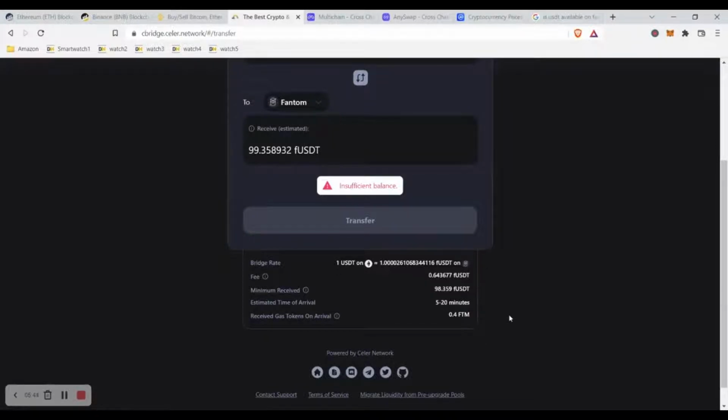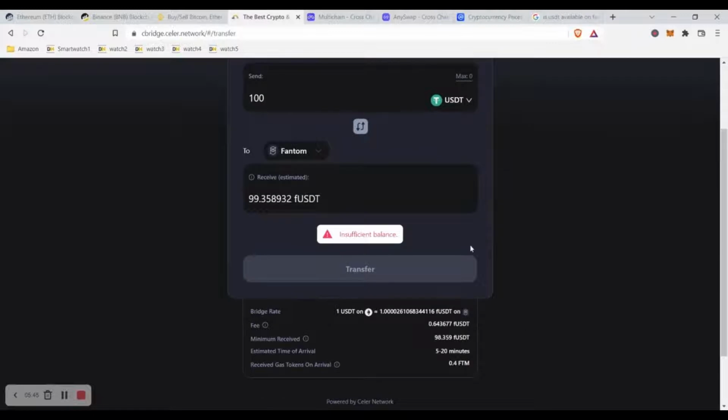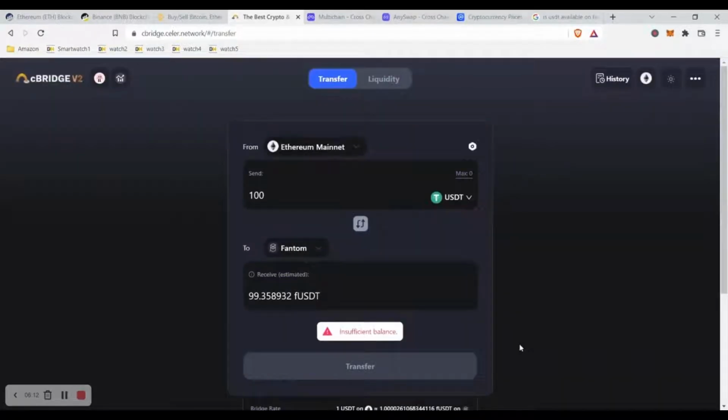Now, one thing to understand is that once I perform the bridge of the tokens, we also need to receive those USDT on the Phantom side. So here I'm sending them, but then another window will prompt to tell me to click on accept to receive them, and to do so you're also going to be paying some gas fees in Phantom. So make sure you have some Phantom in your Phantom wallet, which is very important, and that's applicable for any